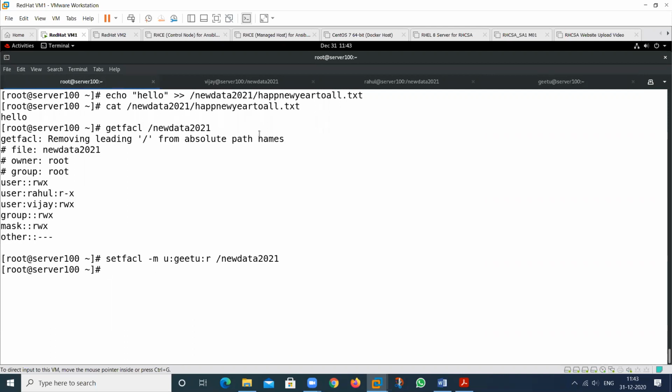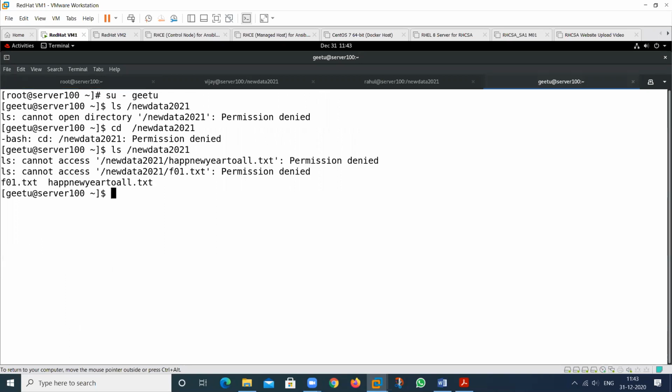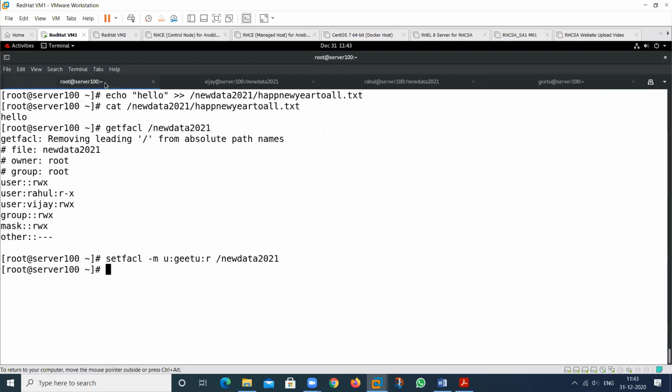See, then check, this user is able to perform the ls command, because we have no permission to enter these directories, but we have the permission to just read the content. If I want to perform this particular command, that we cannot do. If I want to provide this, we can provide it also.